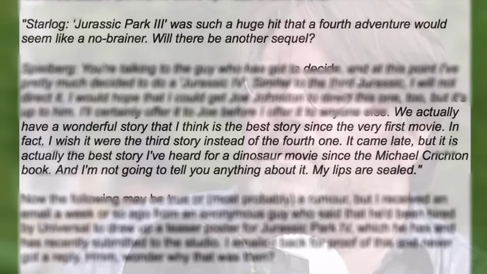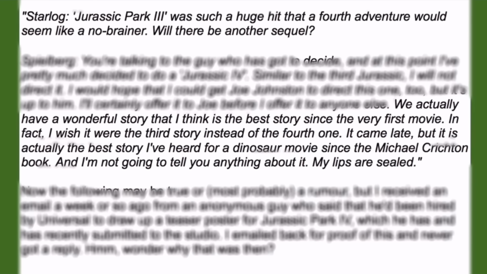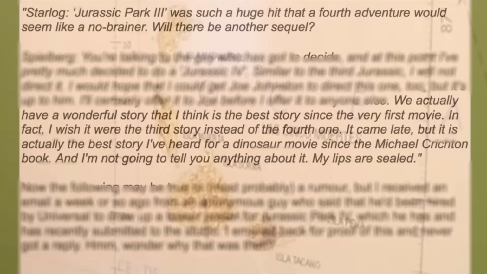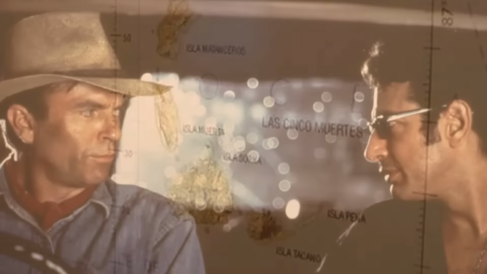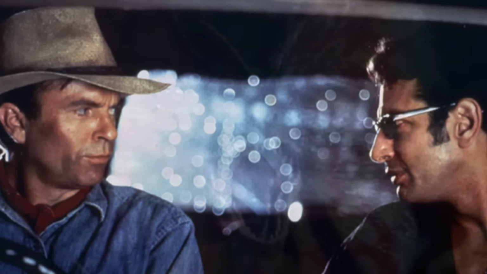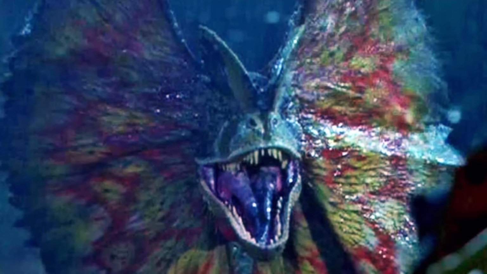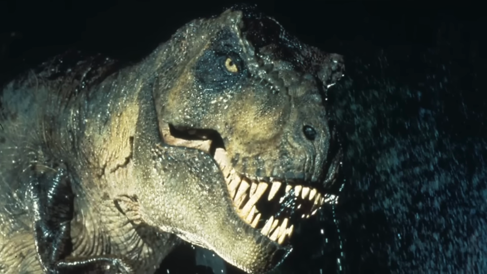This movie would have been written by William Monahan and would actually not be directed by Joe Johnston. Steven Spielberg himself once spoke about the story, saying that he absolutely loved it and that he wished it was the third movie instead of the fourth. And I gotta say, I really like this idea. It's simple and it involves yet another trip to Site B, but we get to see Dr. Grant and Dr. Malcolm share the screen again, which is something we haven't seen since the original movie. It also would have involved a believable story that would have played up on the themes that were discussed in the first few films. I really think this could have been a great movie, but sadly, it never came to be. Maybe Jurassic World 3 will help give us something similar in 2021.